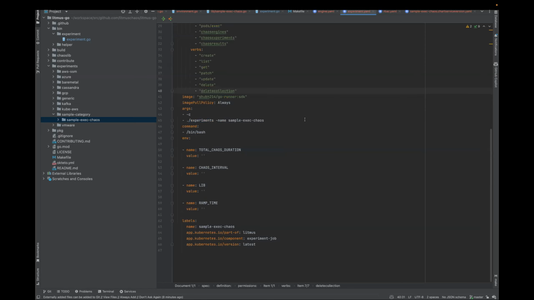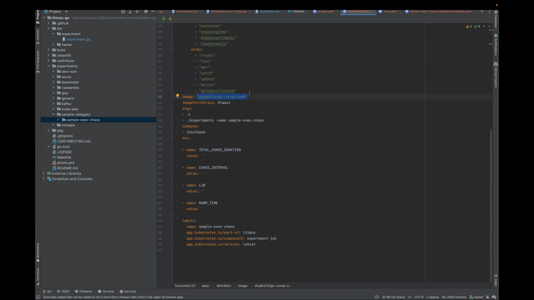That is the image that would have our custom logic for the Chaos experiment. Yes. You can generate in any way, but we need this image, which should contain our custom experiment binaries. That's why we are generating the chart after this, but there is no dependency. Okay, just one clarity. In order to put our custom Chaos in this Go runner image, we need to first create an experiment, or how do we go about that part? Yeah, first we will create our experiment. After the experiment is created, we will build the image. Okay, and then we will create a chart for that.